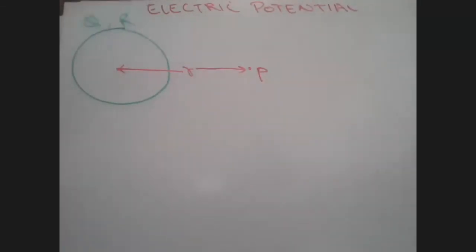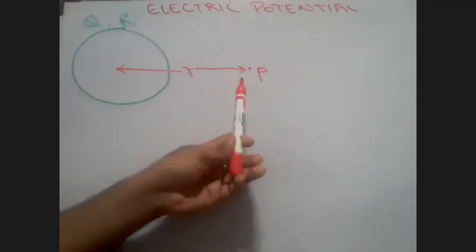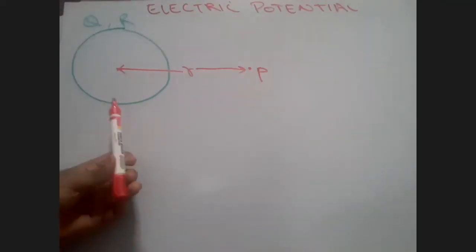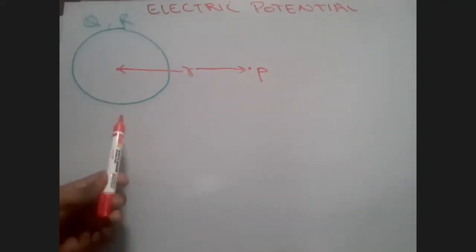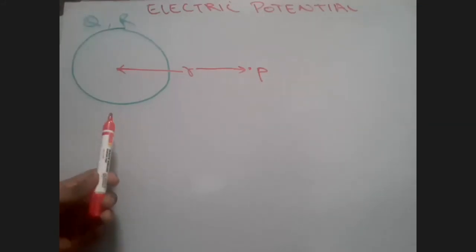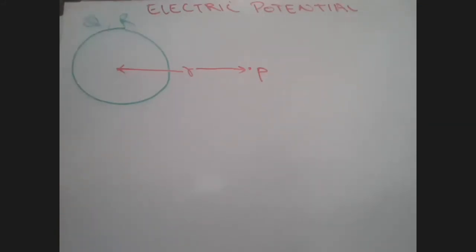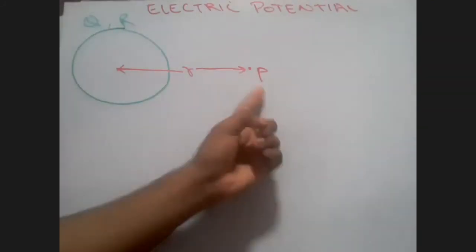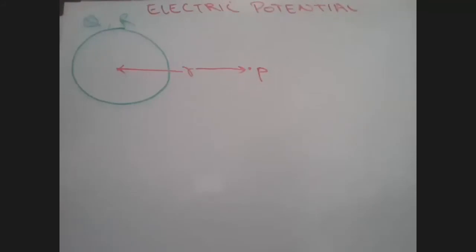So now tell me, I want to find out the formula. First of all, listen to me. This is a solid sphere. It is not a hollow sphere. Solid sphere means charges are inside this three-dimensional thing, and charges are outside also. They are everywhere. I want to find out the electric potential due to this solid sphere at this point P. What is it going to be?